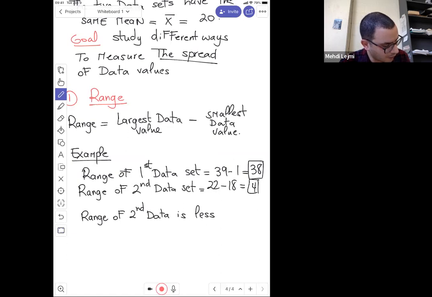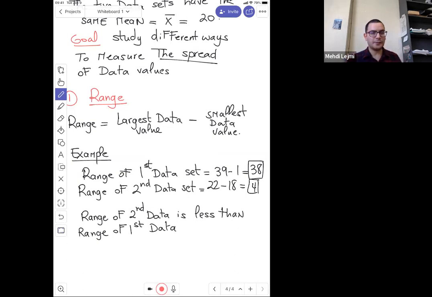It's equal to 4, so it's less than, of course, the range of the first. So what we can conclude here is that the second data set